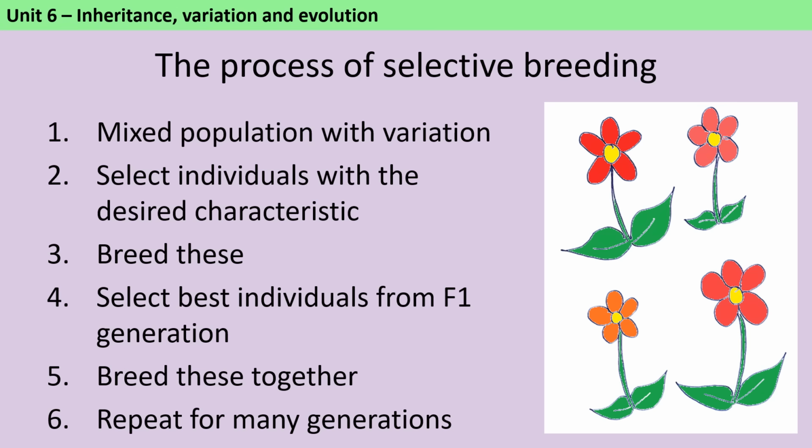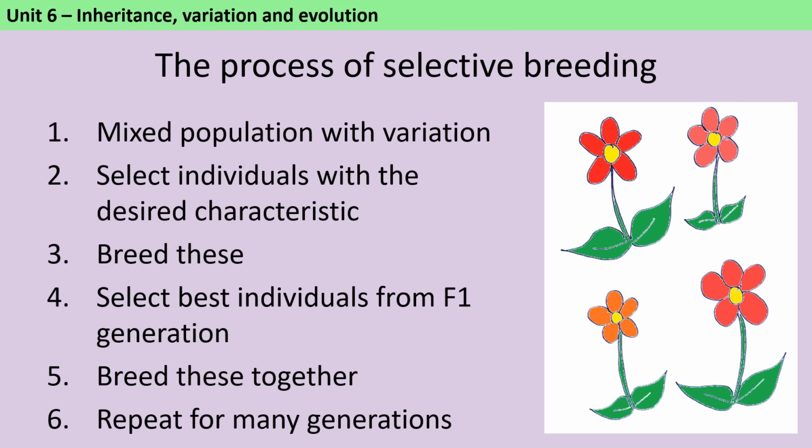It's how farmers make evolution happen really quickly so that they can get a new crop or a new herd of animals which have the best characteristics. These are going to make them the most money. The first point is that we need to start with a population with some variation in it. And from that population, we're going to pick the individuals with the best characteristics so that we can breed them